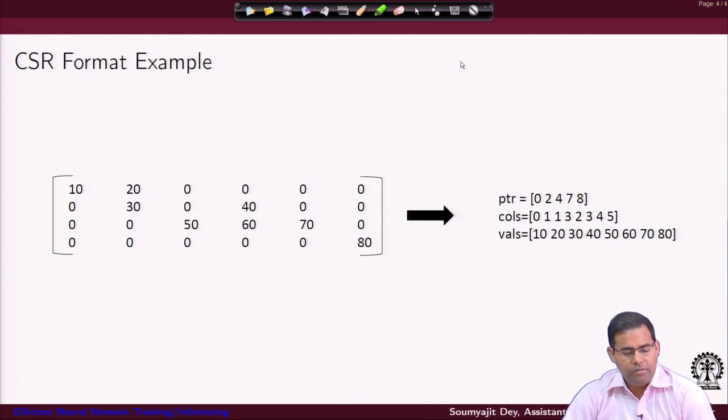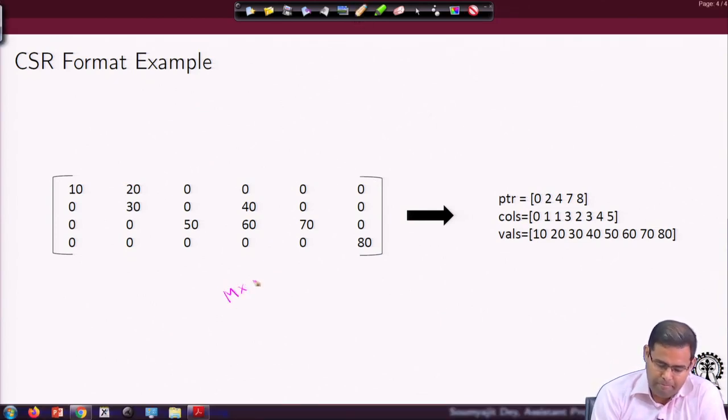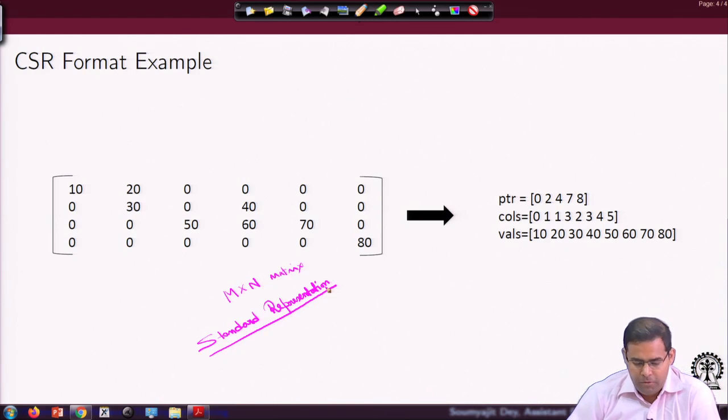So, let us take this simple example. On the left side we have a normal m cross n matrix. In this case, as you can see, the amount of storage I require is 4 cross 6, so that is 24.